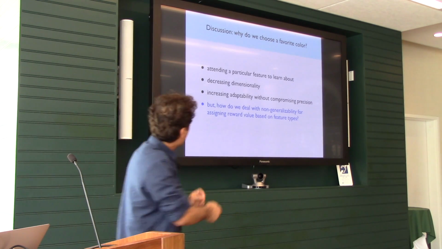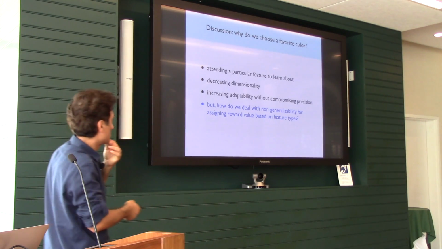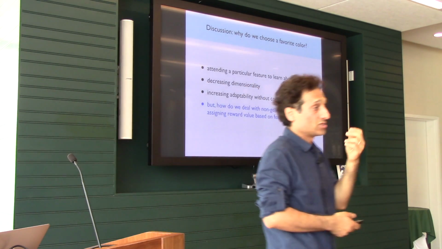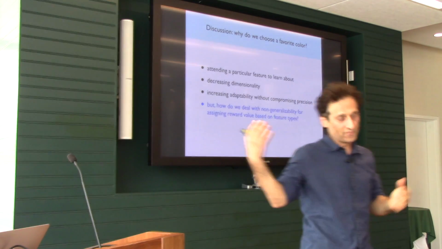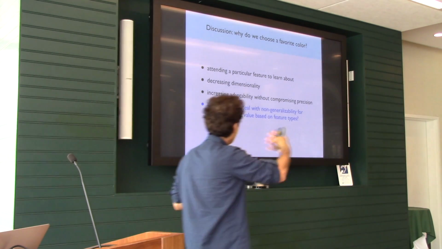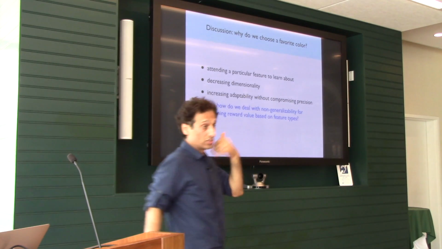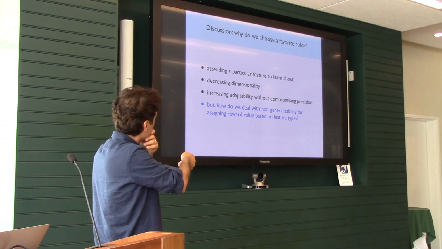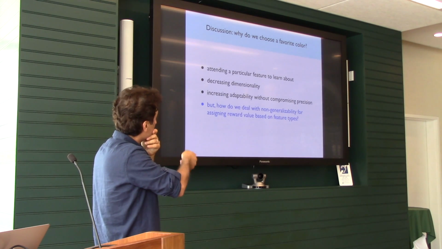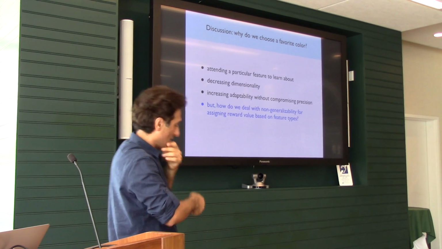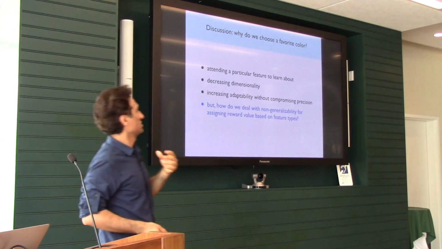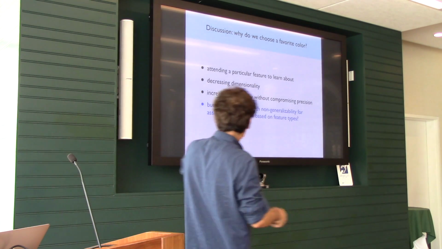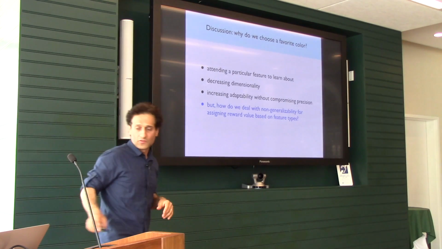And there's of course this issue that other people have also tried to address, that when you learn about features, there are some features that are more informative and less informative. So there will be a role of attention in terms of what feature you're attending to and using to update. And we see that also in our data. So you can decrease dimensionality, you can increase adaptivity, but that compromises precision. Not all the way, but there is no way to get out of this adaptivity-precision trade-off.